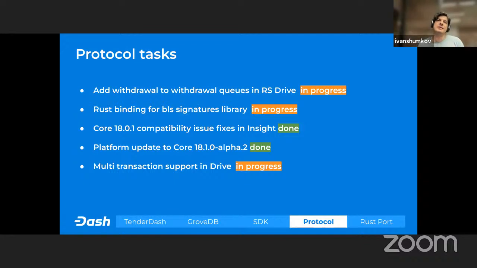And for this feature, we need to be able to apply a state transition to the state without actually saving this data on the disk. So it's more like ephemeral computations with GroveDB and RocksDB underneath. To do so, we use RocksDB transactions. And for now, we have only one. So we limited this in Drive and JS Drive for simplification.